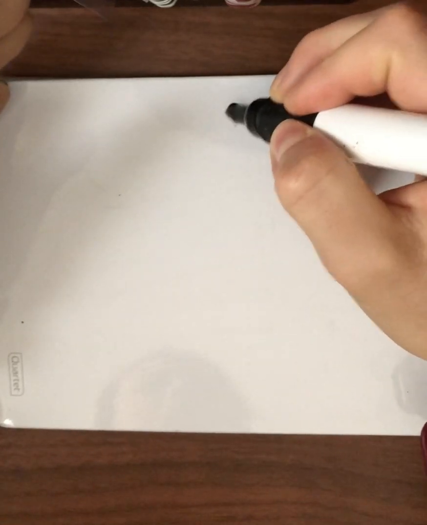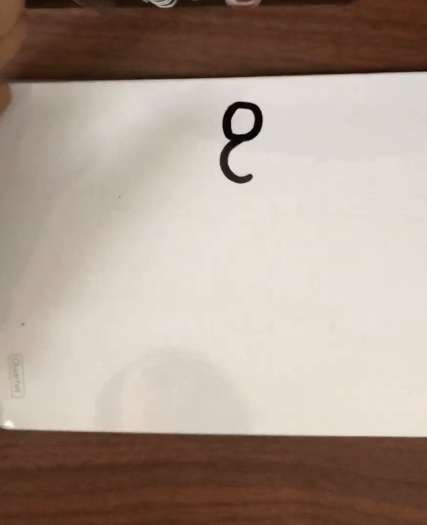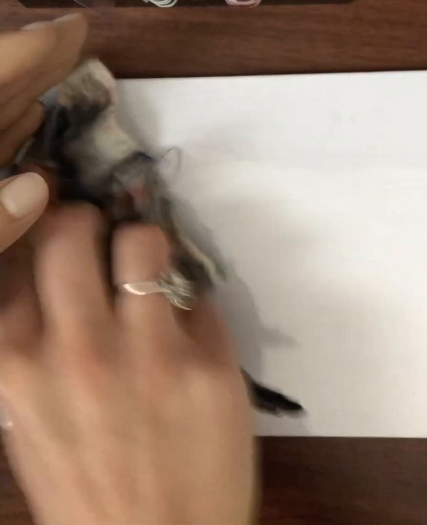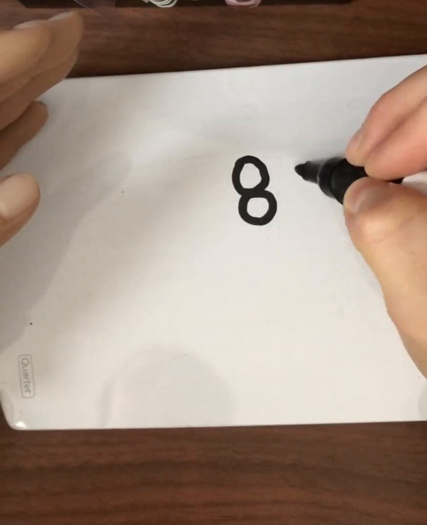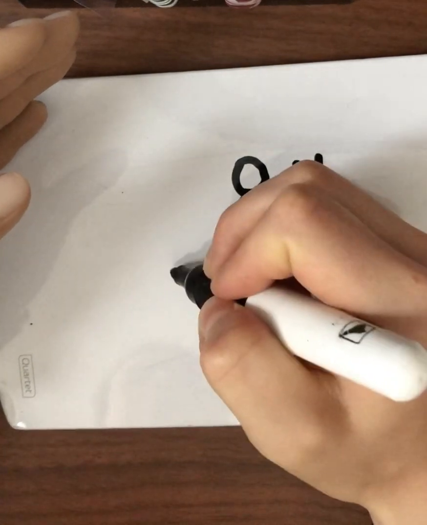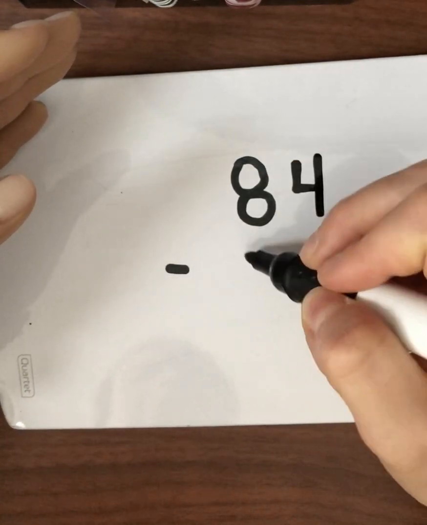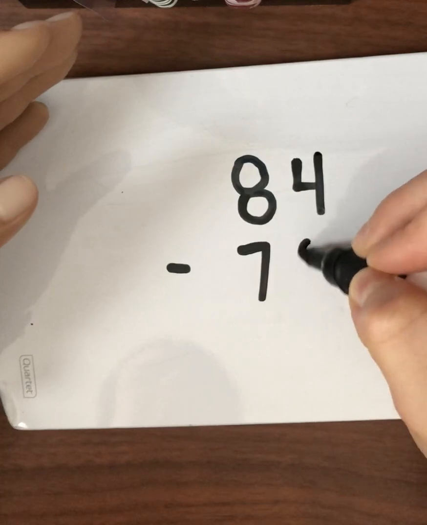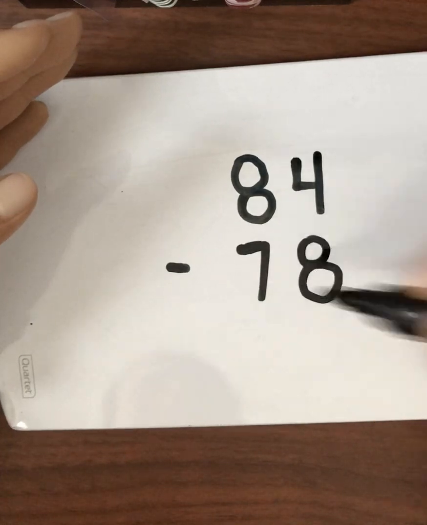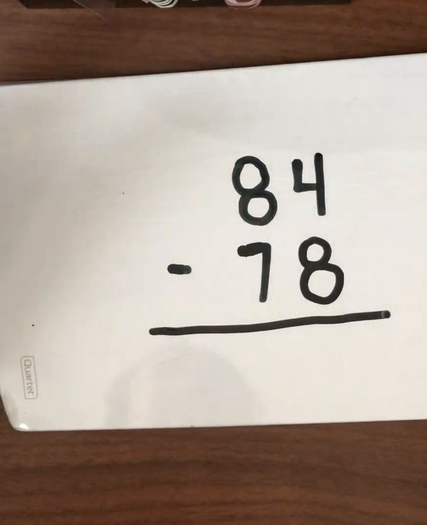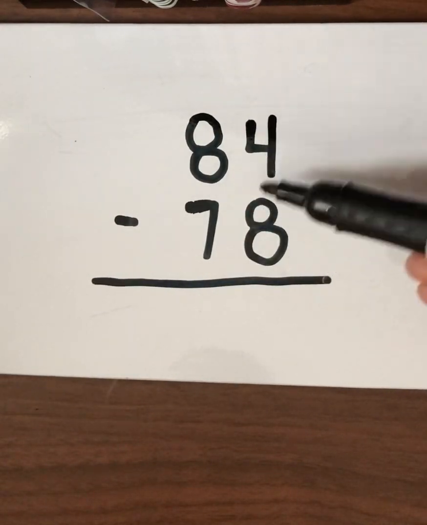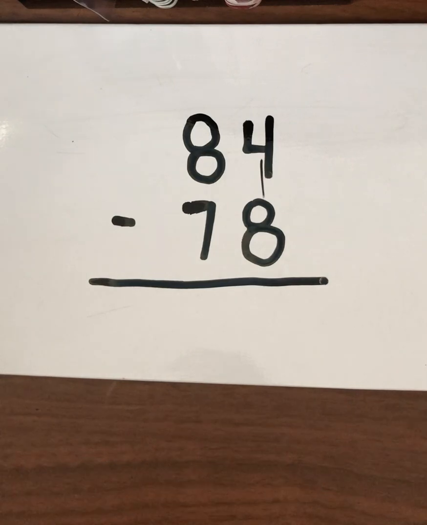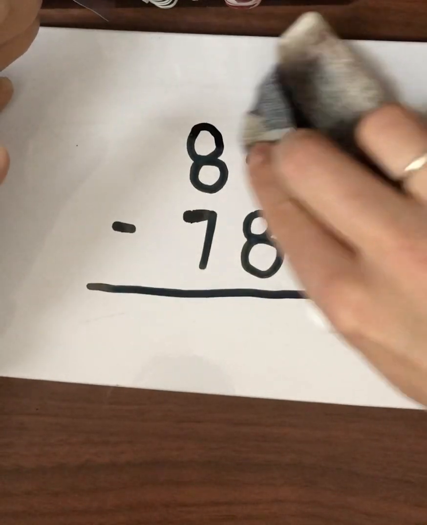So we're gonna do, I'm gonna actually leave a little bit of room at the top here. 84 minus 78. All right, so again, notice that I've stacked our numbers in each place value column perfectly on top of